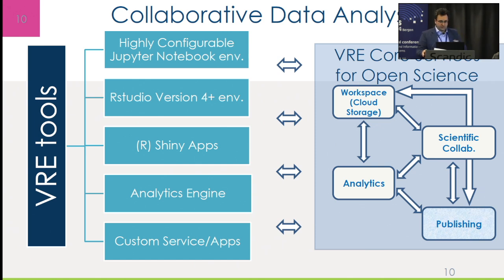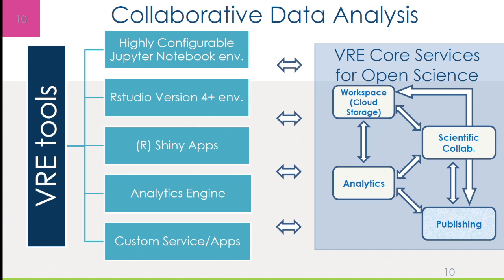So in terms of data analytics tools, we have a highly configurable Jupyter environment, JupyterLab, which many of you asked about. Why highly configurable? Because we are able to configure your Jupyter server with the libraries and the programming language that you need, and everything that you need to execute your notebook. Same goes for RStudio. And of course, it is possible to deploy your Shiny applications in R. Now you can also do it in Python